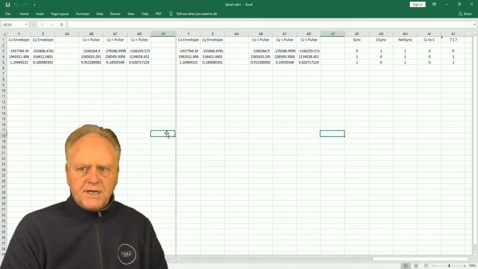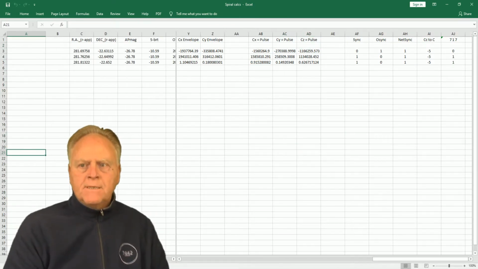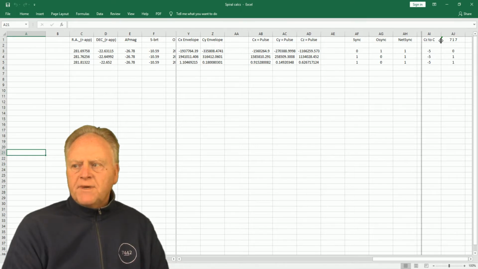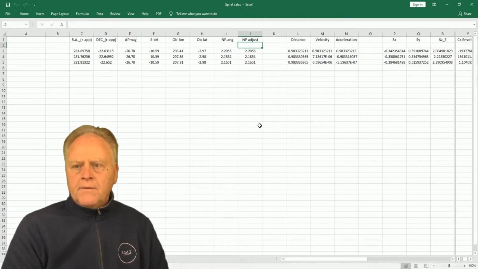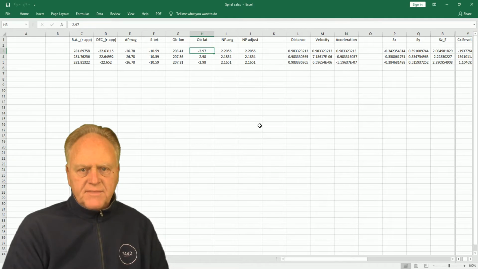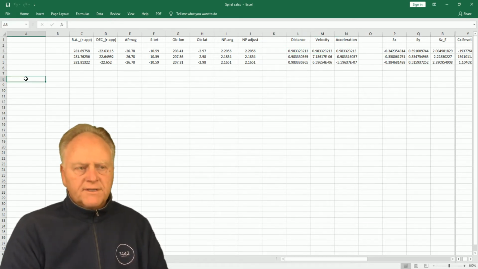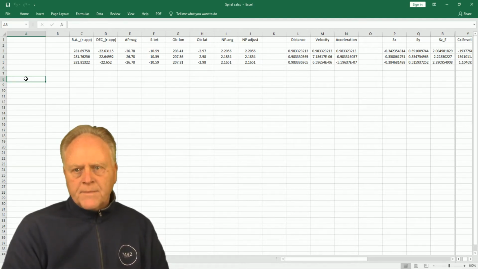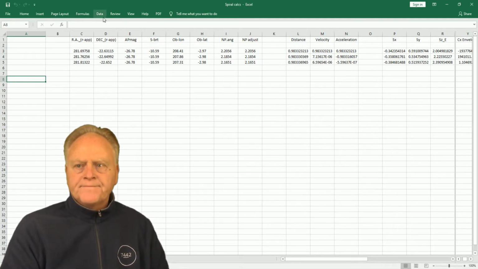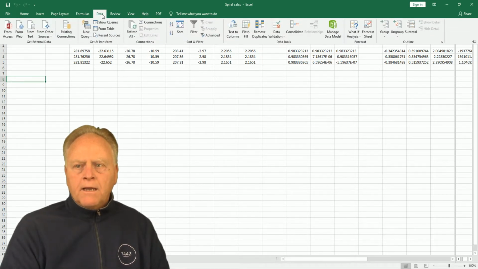First you take your sheet, open that, and you see the calculations. So we have the raw data. We're going to use right ascension, declination. We're going to use the longitude and latitude reverse position basis the center of the Sun, the North Pole angle, the North Pole adjusted angle, and then the distance. So that's going to be our raw data. So click, for example, on row 8, column A, click data, and then from text,